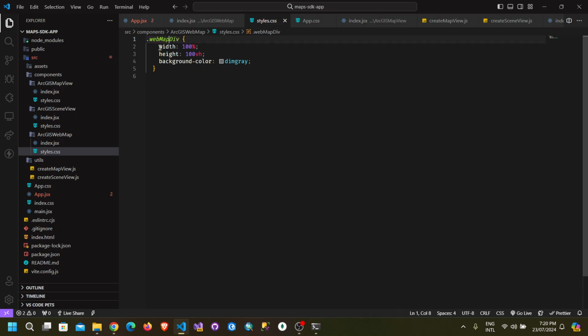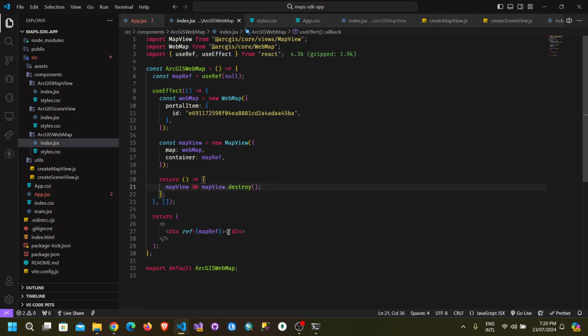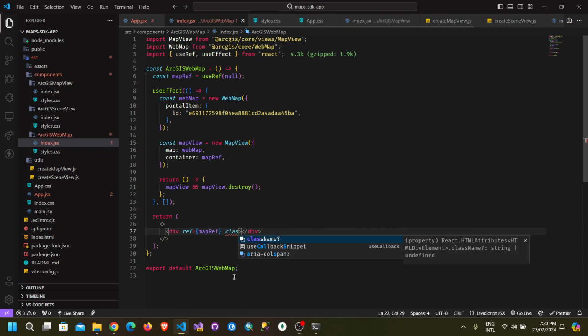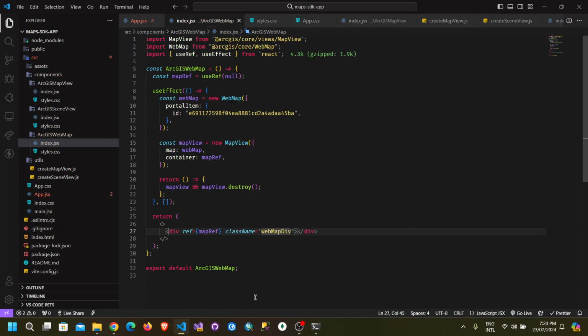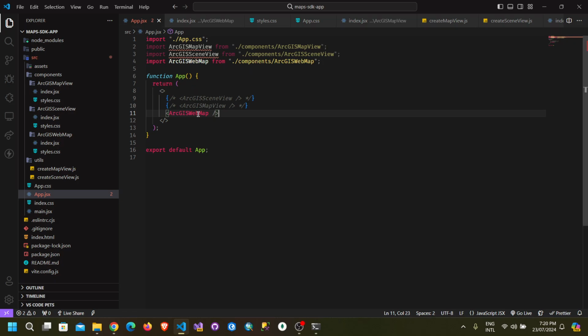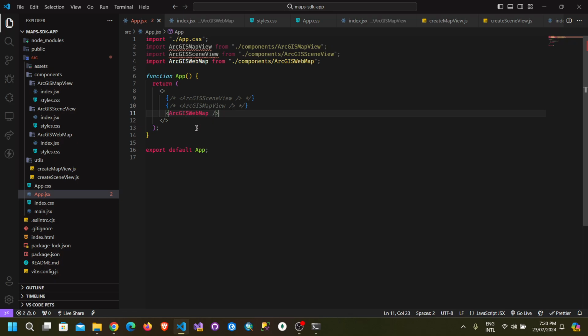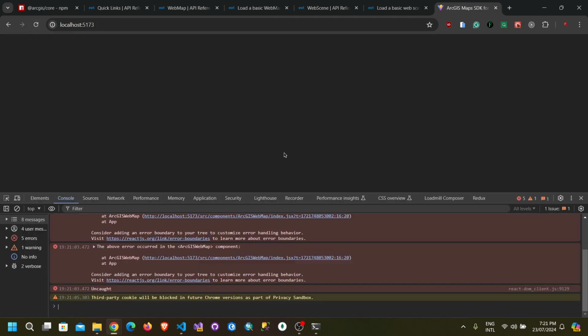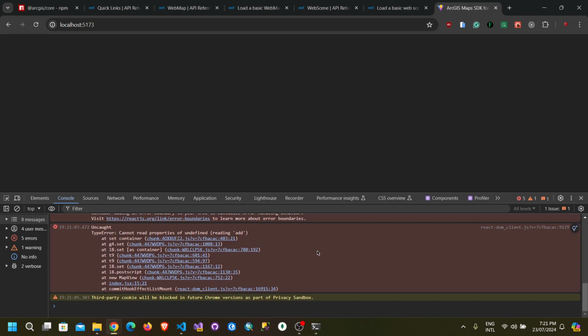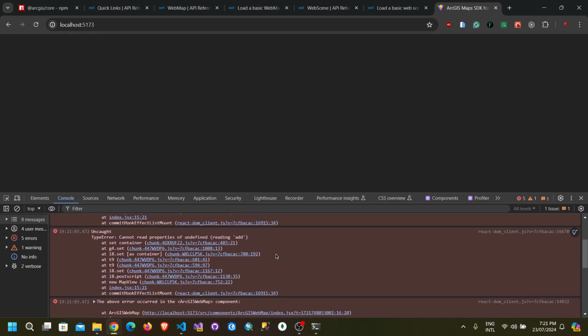Okay, you can name it anything. So I will give it this name. Let's come back here, class name and web map div. Now, if we come here, we already imported this web map component here, and let's see. All right, so let's refresh. Okay, so there is some errors in the,